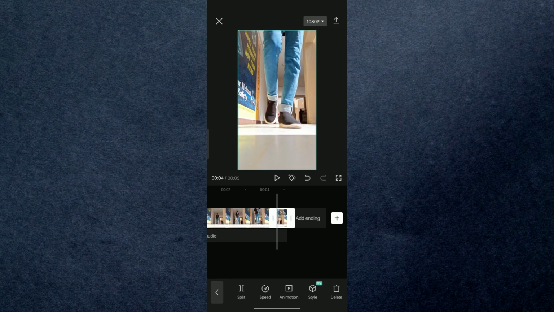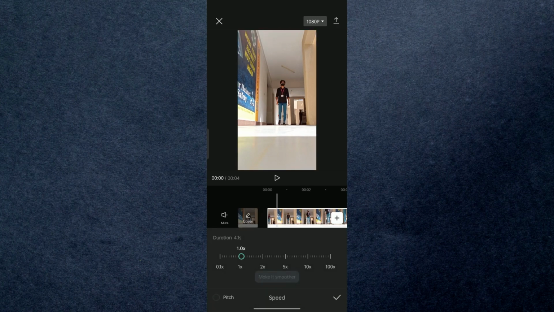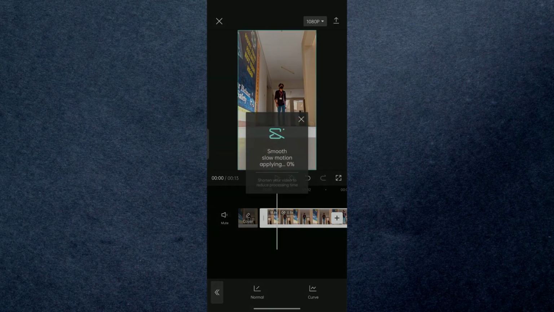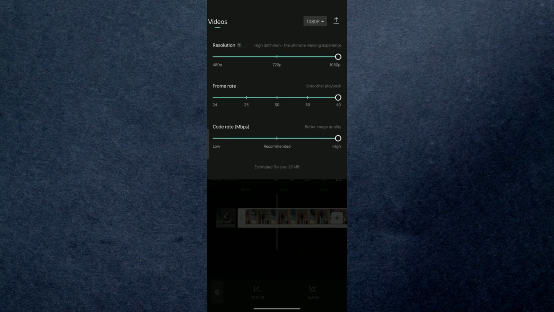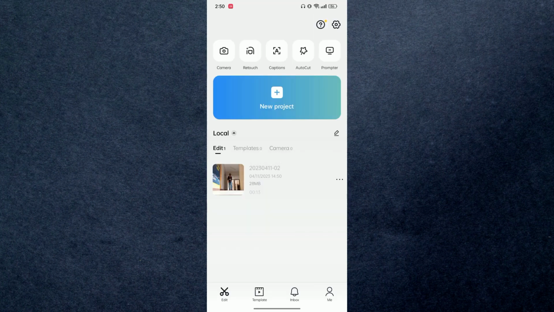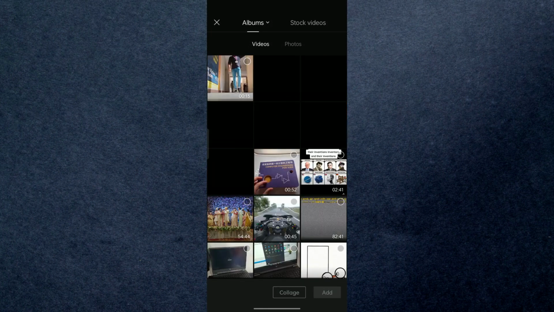To make a velocity edit, first of all, we need to slow this clip. Just tap on this clip, go to speed, then click on normal, and then decrease your speed to around 0.3, and click on this arrow and select better quality so that CapCut will give you a smooth slow motion. Now it will take some time. After that, just simply export this clip at 60 frames and then simply add the clip that we have slowed. Now